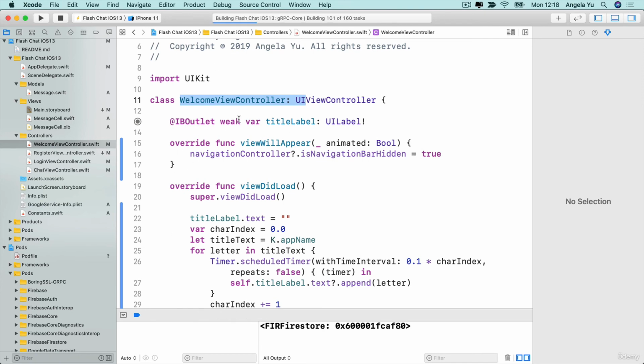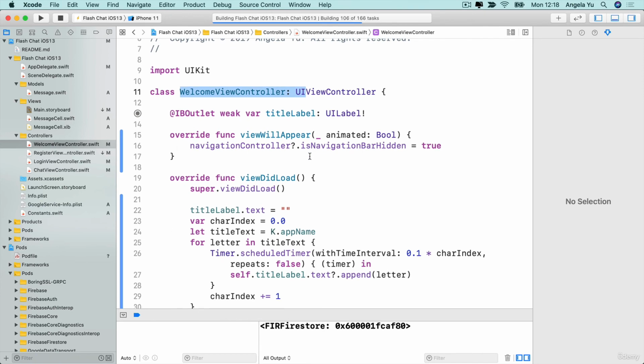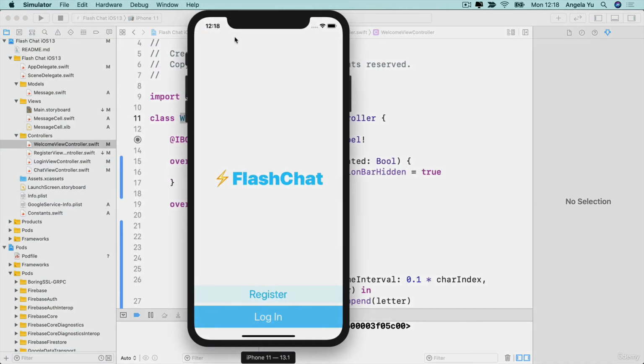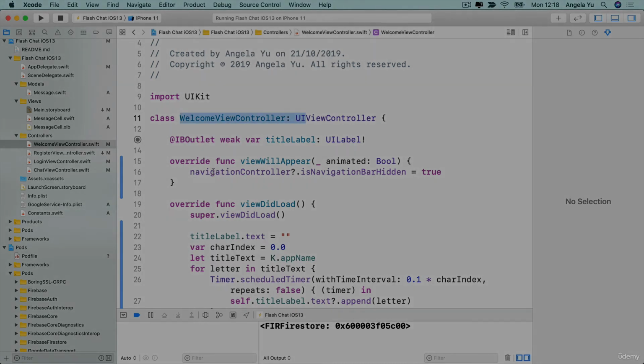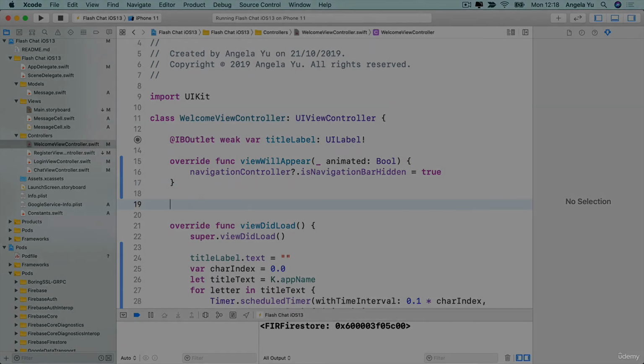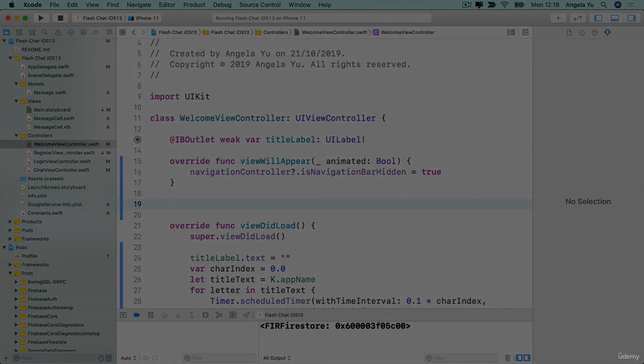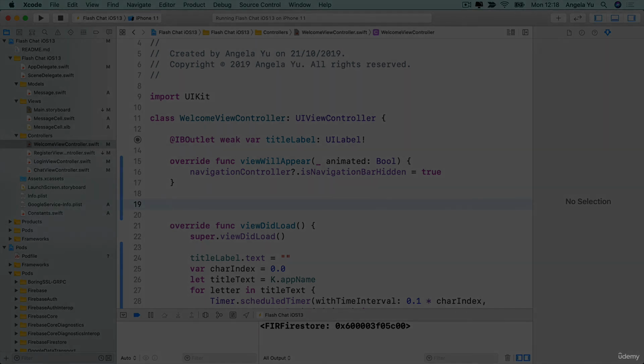But notice how if I run the app as it is right now, while I've hidden the navigation bar for the welcome screen, if I go into the login or the register screens, I've now lost my navigation bar. It's still hidden. So in addition to hiding it, I also have to unhide it. And the time point where I want to do that is when we're about to go on to the next screen. And we can override a method called